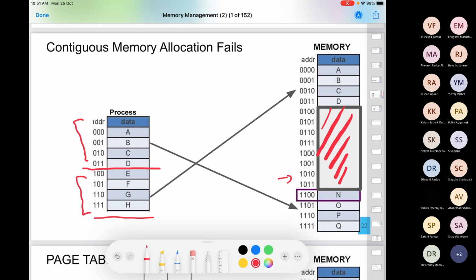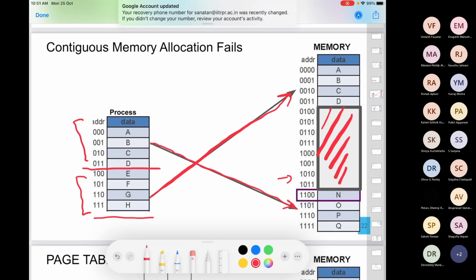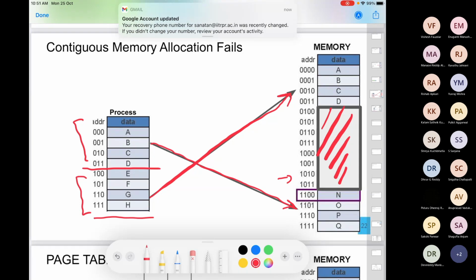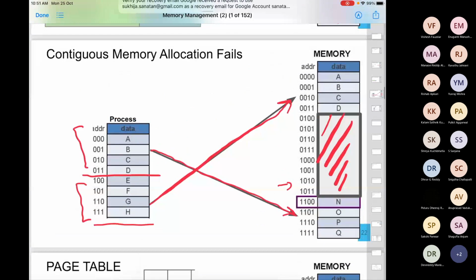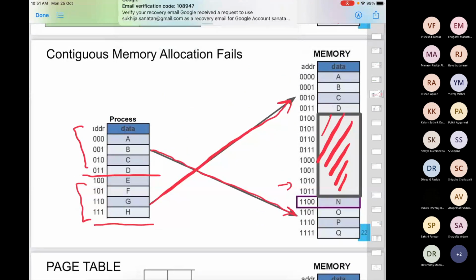Memory is in 4 different frames, and then you can allocate any page to any frame. So in this particular case, let us say this particular page goes here, and this particular page goes here, as shown to you by arrows. Now you should have some way to keep track of where a particular page is going. Right? That is done with the help of the page table. So what is the information we need to keep here?